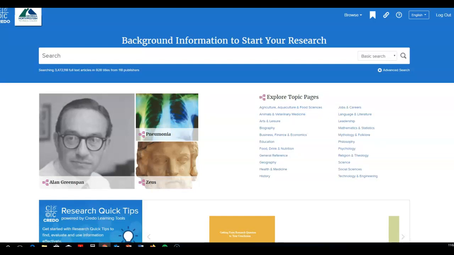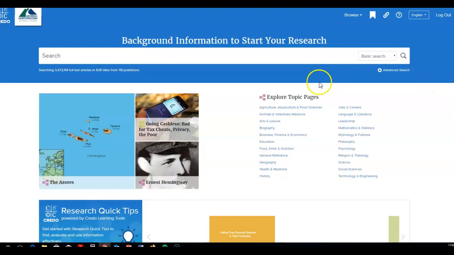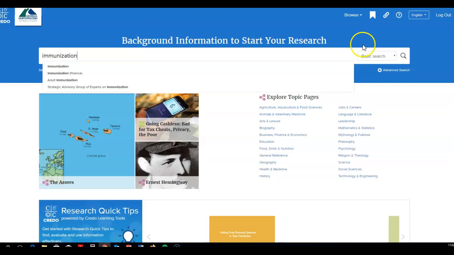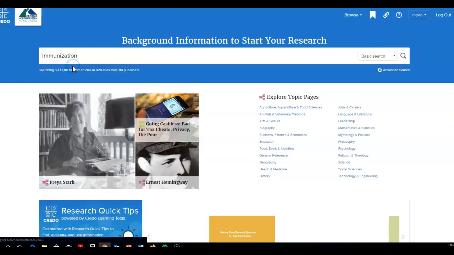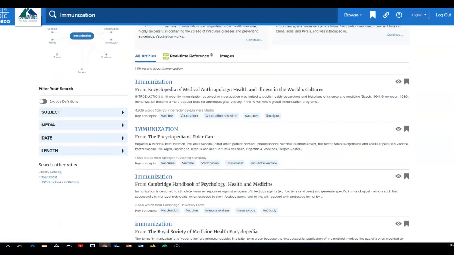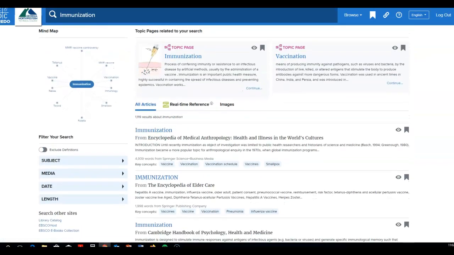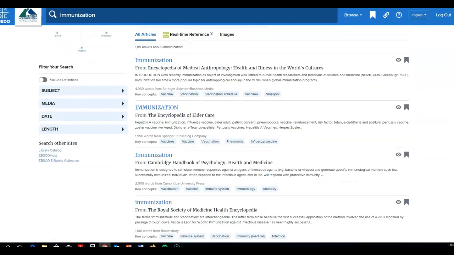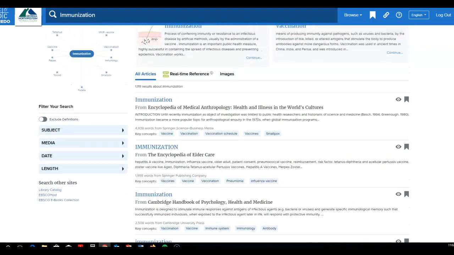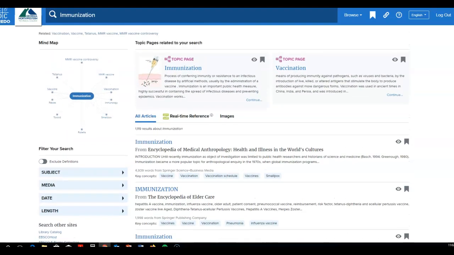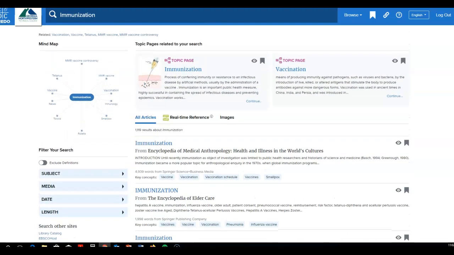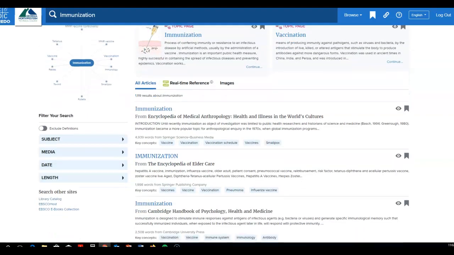Reference material are things like dictionaries and encyclopedias. So this would be what you would use instead of something like Wikipedia. Okay, we're going to do a basic search, and since I've mentioned immunization, all right, we're going to do a search here. Now, you'll notice that I've got lots of options here, about 1,000 something. So what I can do is narrow this search